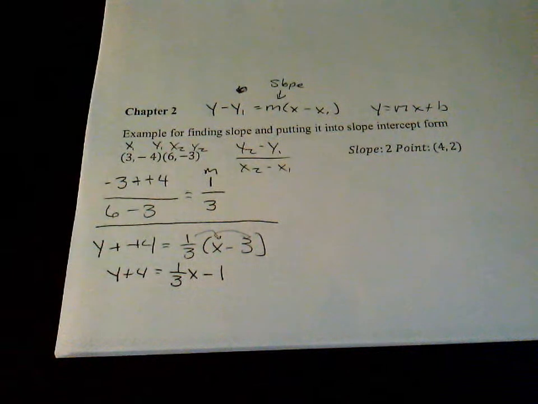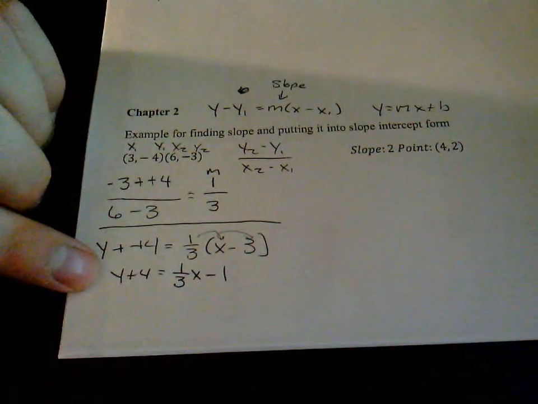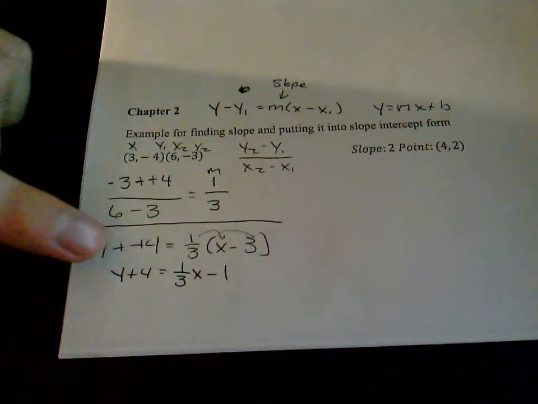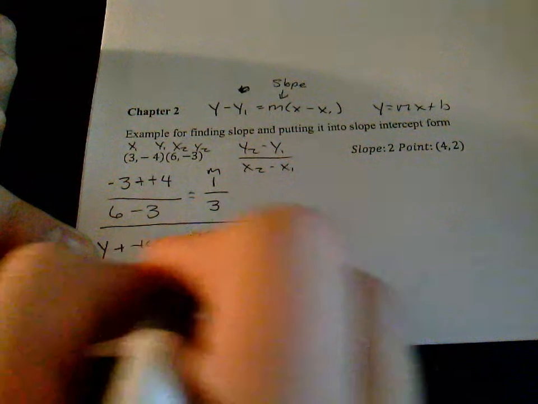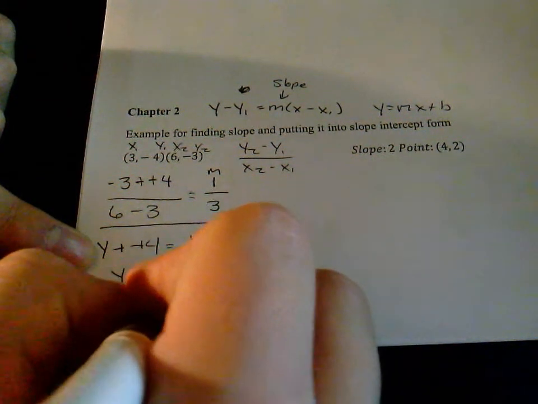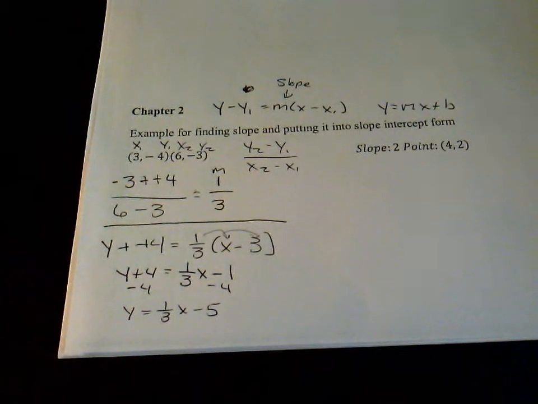And then finally, if you notice up here, this y is by itself, so we want to get this y by itself. You can see a plus 4 here, so we want to get rid of that plus 4 by subtracting 4 on both sides. So you end up with y equals 1/3 x minus 5. And that's how you do it when you're given 2